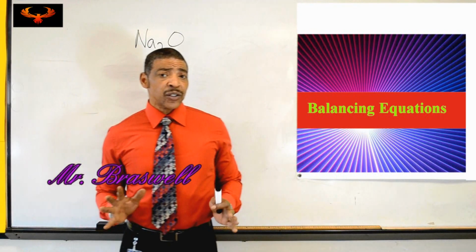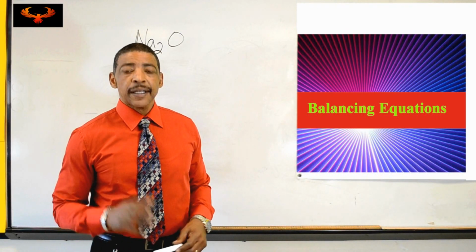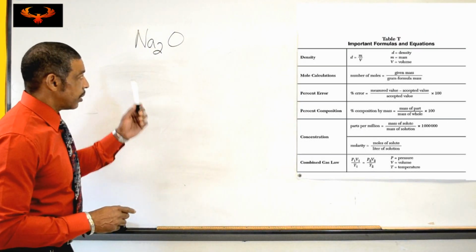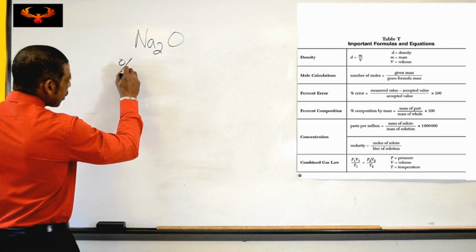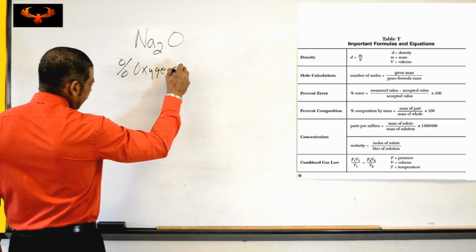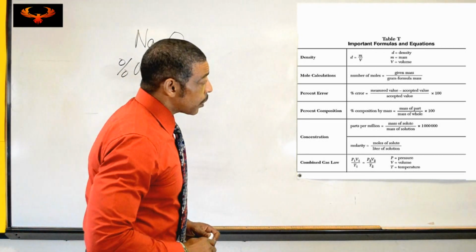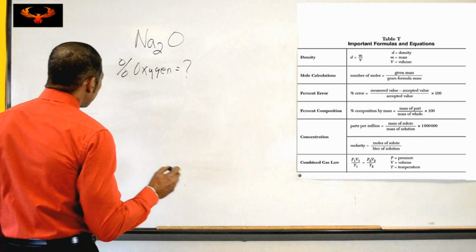I will explain how to determine the percent composition of an element in a compound. Let's begin with a very simple compound, sodium oxide. Suppose I wish to determine the percentage of oxygen in this compound. Well, the first step will be to refer to the percent composition formula, where percent composition, in